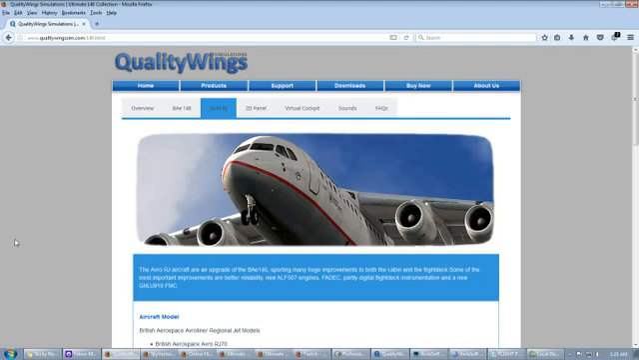Hey everyone, this is Pankaj with you once again, and today I'm going to tell you about the Quality Wings Avro RJ100 aircraft, and I'm going to give you a complete demonstration about this aircraft from cold and dark, and all the settings, everything regarding this